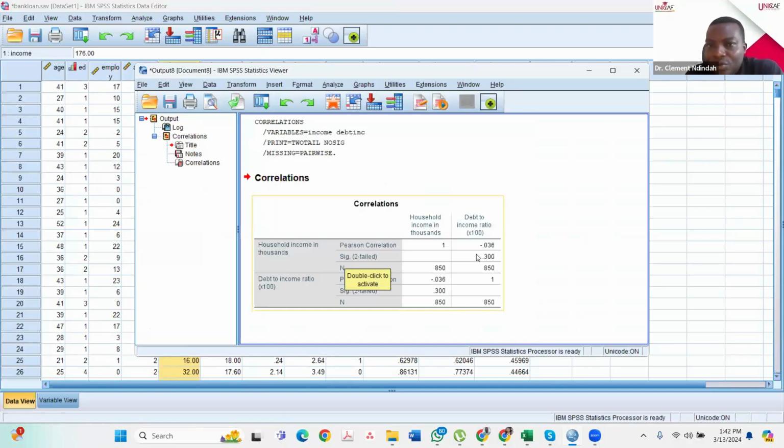This sig value is very important. The significance value is what we refer to as a p-value. The correlation here is the magnitude of the relationship between the two. So this is a negative correlation between the variable household